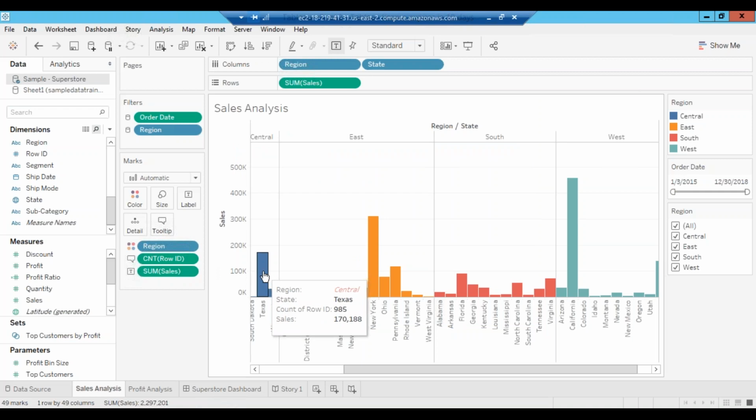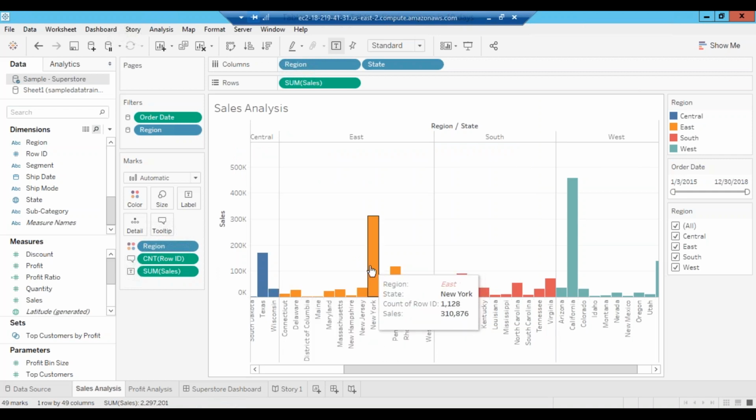So here you see the color is changed for region, so central. So this way we'll see the things. Here you see for this row ID 82 and all, 1128. This is 587. Okay, 383. So this way data will be shown. So these are called your cards, marks card. Okay, on the top, rows and columns.